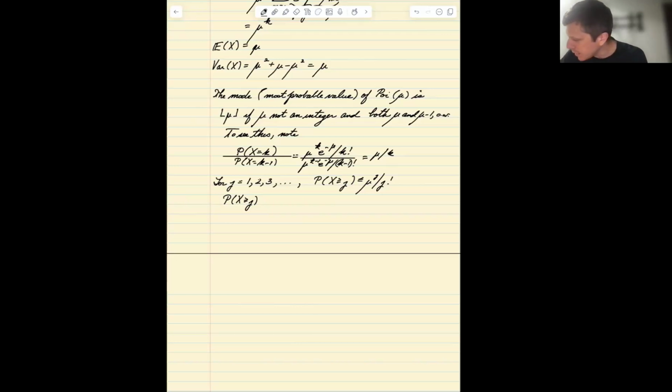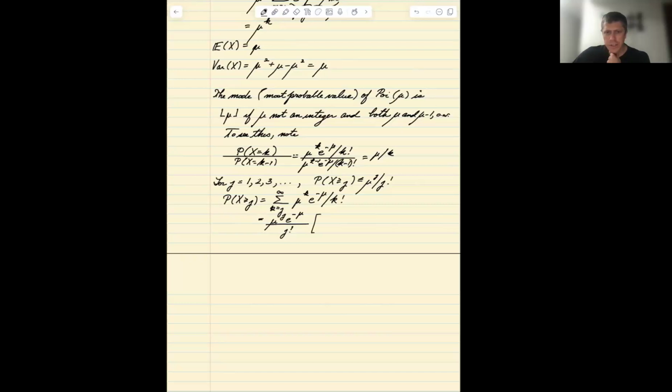The probability that x is at least j is the sum from k equals j to infinity of the probability masses, mu to the k e to the minus mu over k factorial. We can pull a factor out, mu to the j, e to the minus mu over j factorial,